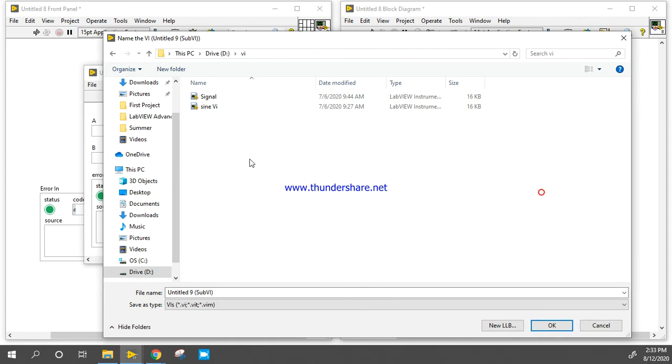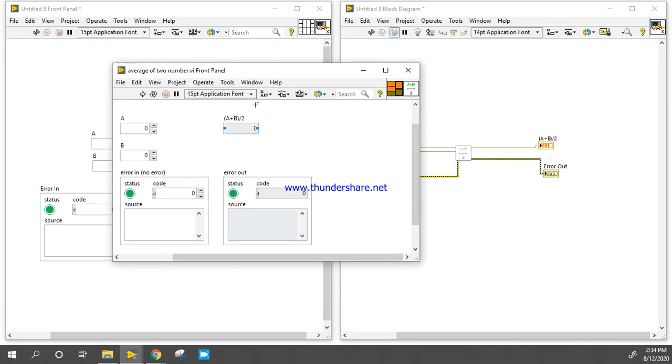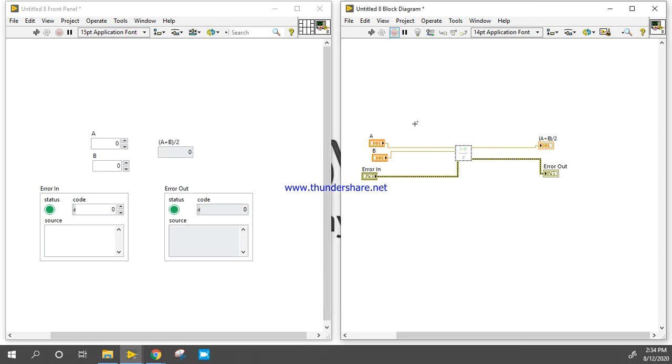Inside this VI folder, I am saving my program as Average of Two Numbers. Now hit the OK button. Now this program has been saved. Okay, let's close the program and VI.